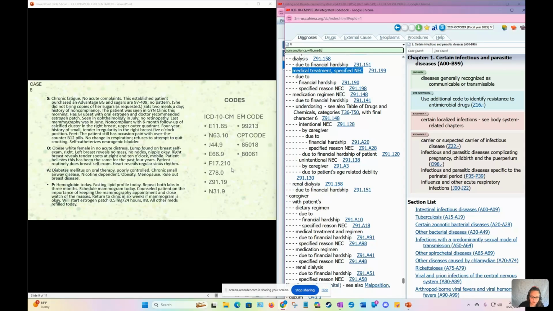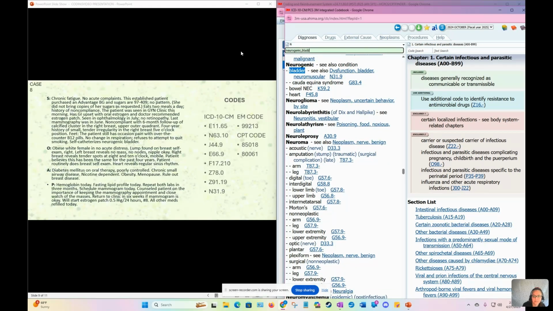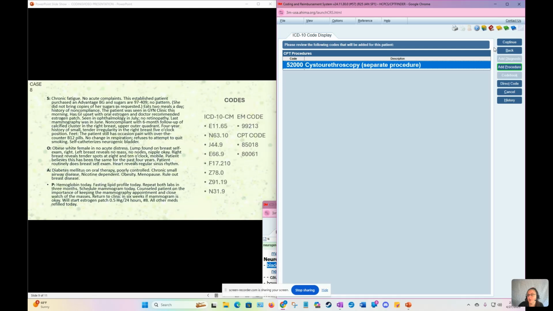Now, looking at the assignment, the Z91.19 was how the assignment was stated on the documentation, and I'm not sure. I want to say that it's Z91.199, but I am uncertain, and so I am going to keep on moving. Roll right past that into the neurogenic bladder. To get the code N31.9,